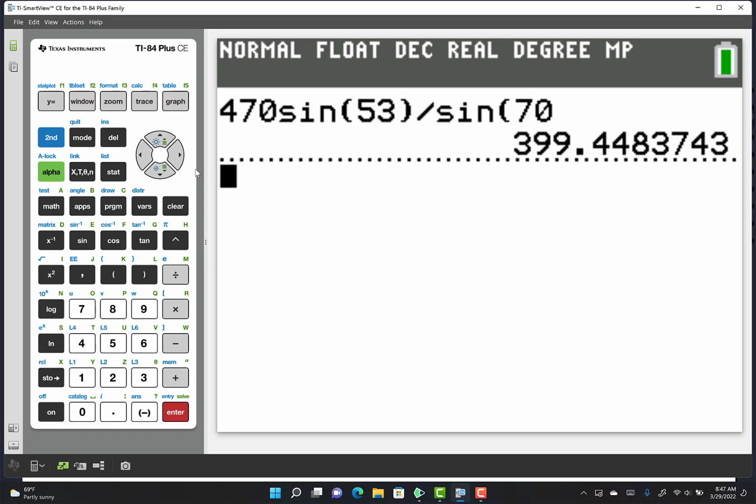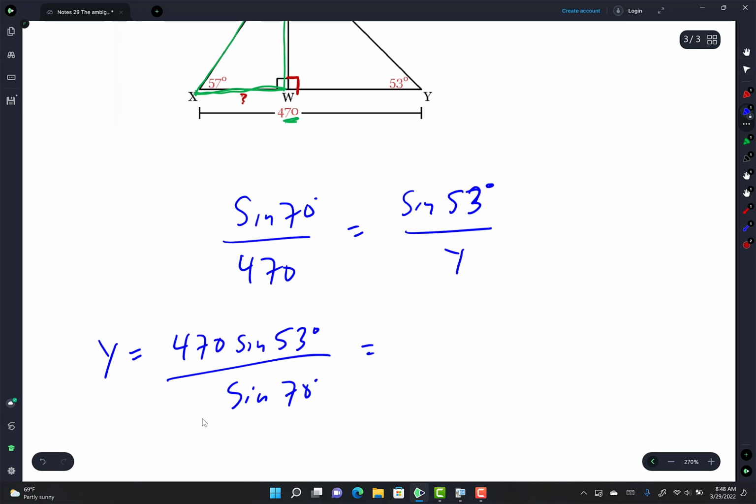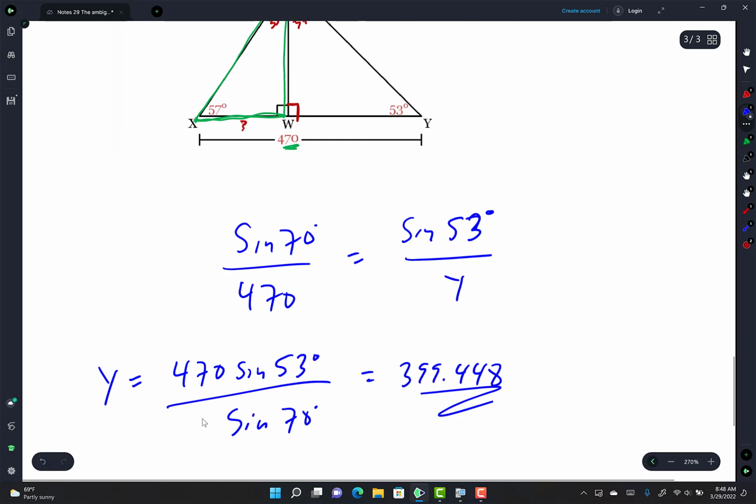This is my y value. Store it into y. Alpha y. So there it is. Little y is 399.448. Okay, now that I know that,